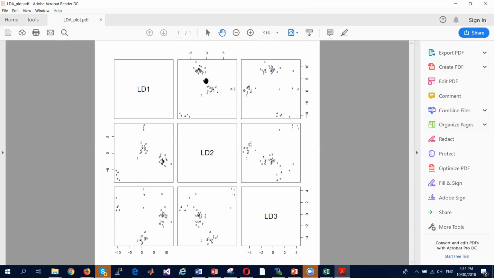Even on the graph, there are 4 distinct groups of samples. Class 4, 2, 1, and 3. This is if we'll look at LD1 and LD2. If we look at LD1 and LD3, this graph, the separation is also good. Oh, this first one is kind of an outlier. We can